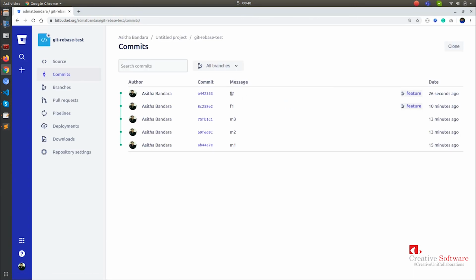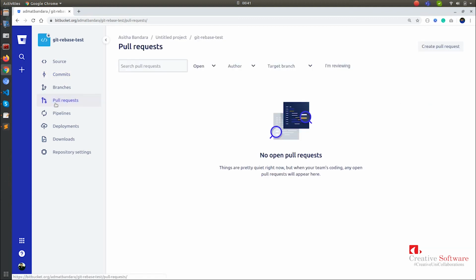I have one commit F2, and I need this commit to be reviewed by another person. In that case, in all the other web-based version control systems, there is a feature called pull requests. We can create a pull request, that is like a request which is made to be merged in future, but before merging we can review the code. So we go to pull requests on the left hand side. In the right hand corner we have create pull request,